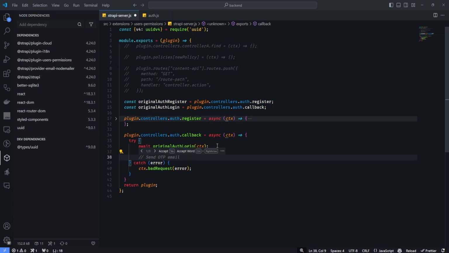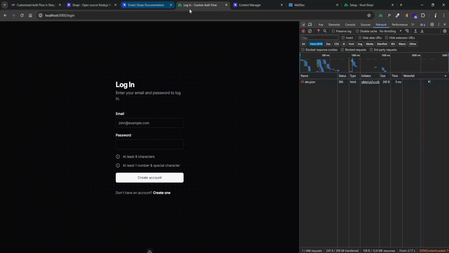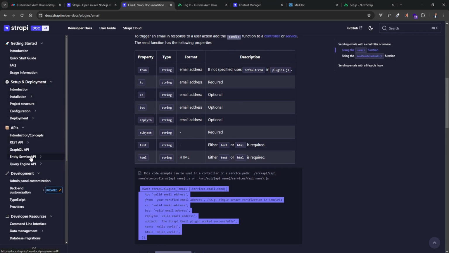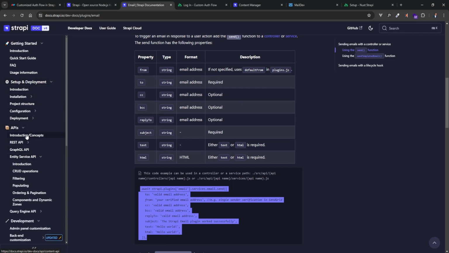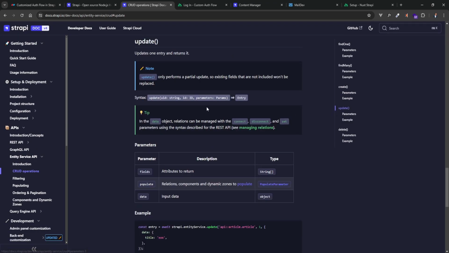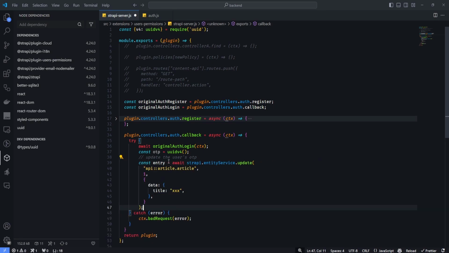And then we are going to update the user's one-time password. And we're going to do this update with the entity service. So if we come to the Strapi documentation and scroll down to the entity service API section, we're going to click on the CRUD operations documentation. And here we'll actually see how we can update a specific record. So we're going to copy this,